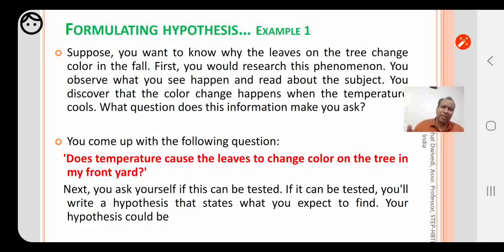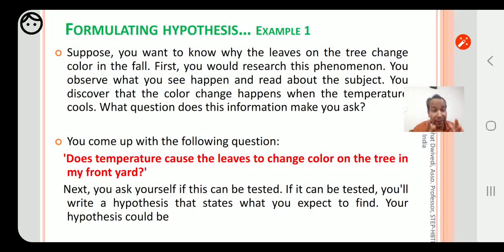Now the question is, what question can we ask? What can be a research question? Let's say we have come to a research question like, does temperature cause the leaves to change color on the tree in my front yard or backyard?